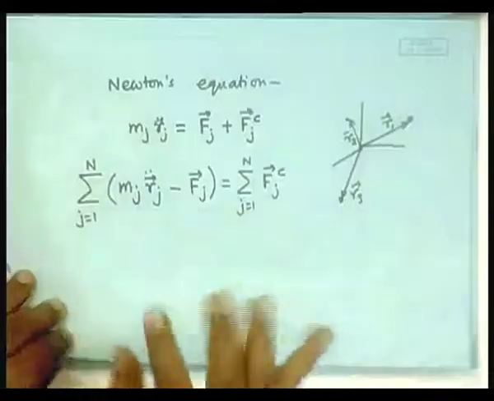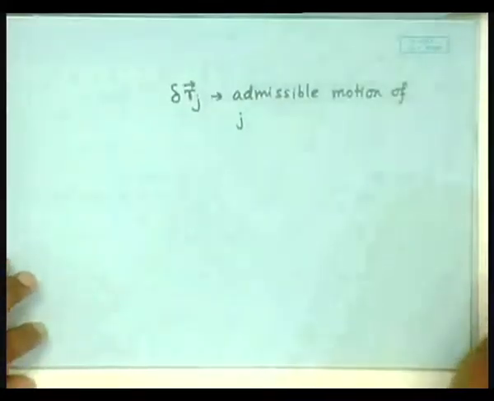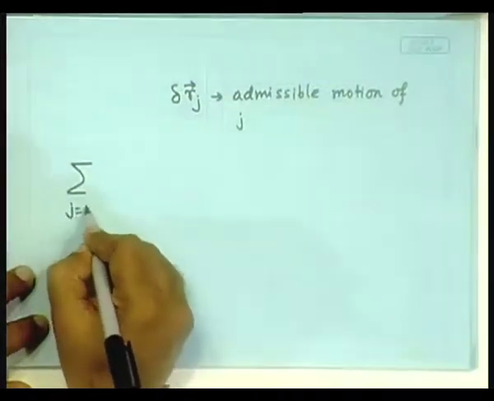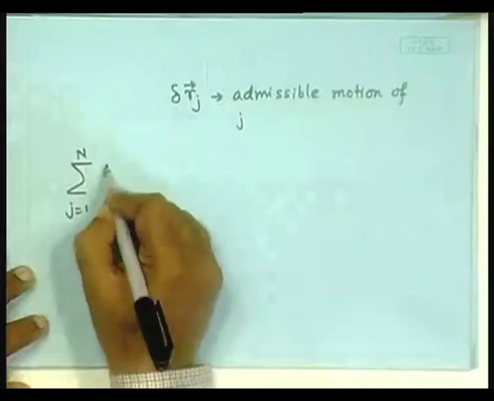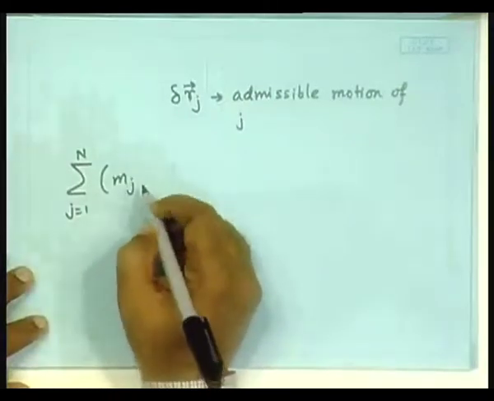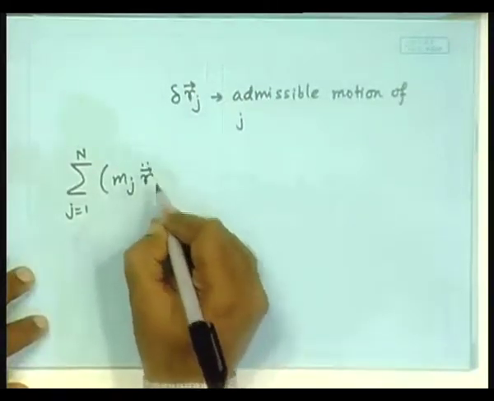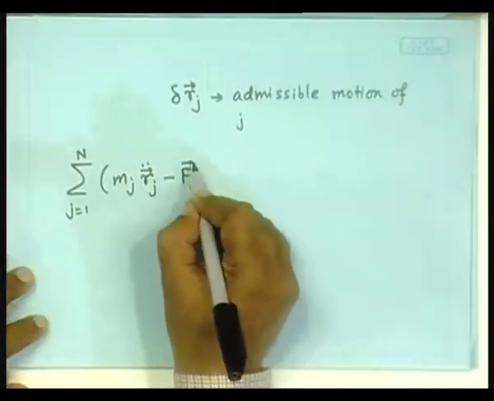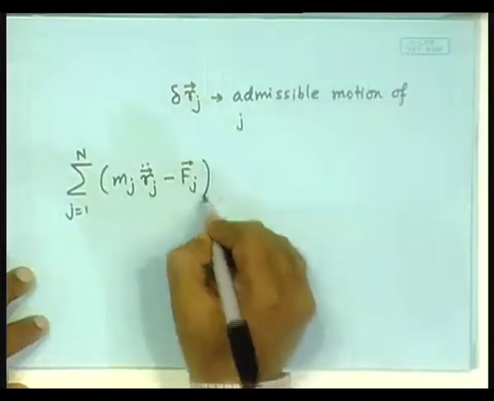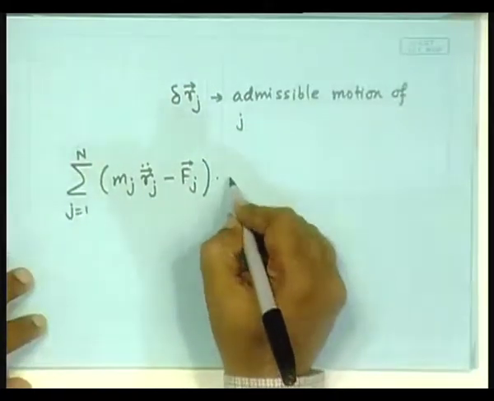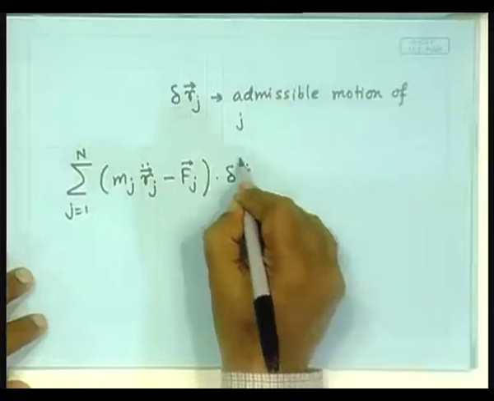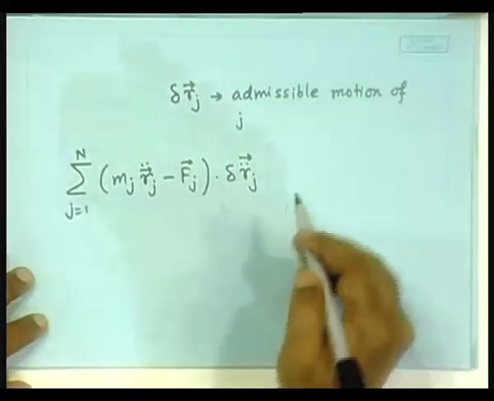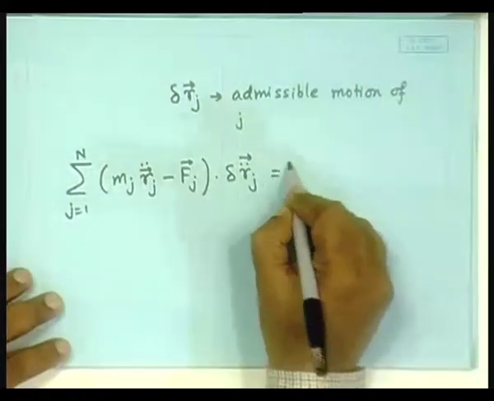So, multiply both sides by the admissible displacement, what you get is times this admissible displacement is equal to